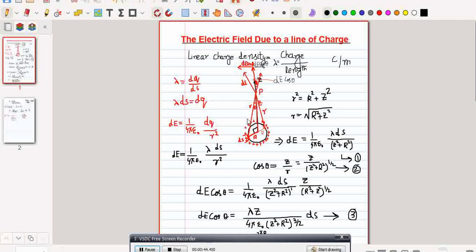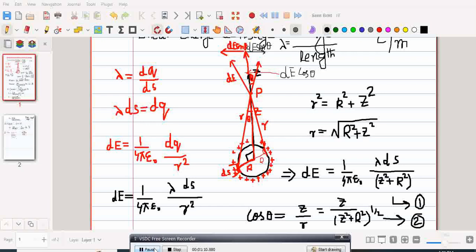we discuss the direction of this electric field. The electric field due to this length element will be directed away from this point P, and it will have two components. One will be dE cos theta and one will be dE sin theta. Similarly, if we take another equal length element here at the same distance,